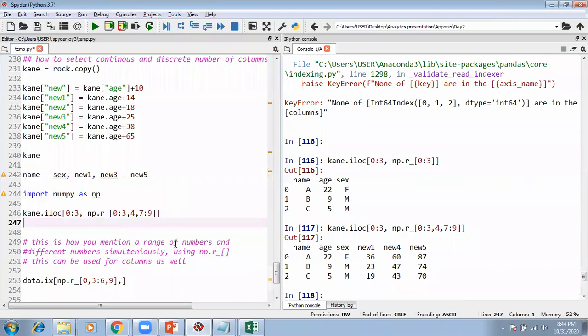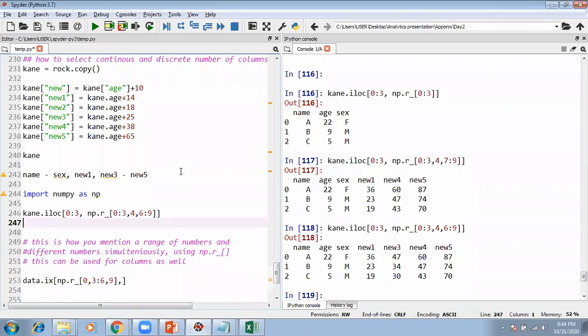Okay. See, now we have got it from name to sex and new one and new 3 to new 5. I'm sorry, I said new 3, so it's going to be 6. So this time I have new 3 to new 5. In this way, you can write both consecutive as well as discrete values. It could have been done for rows as well.